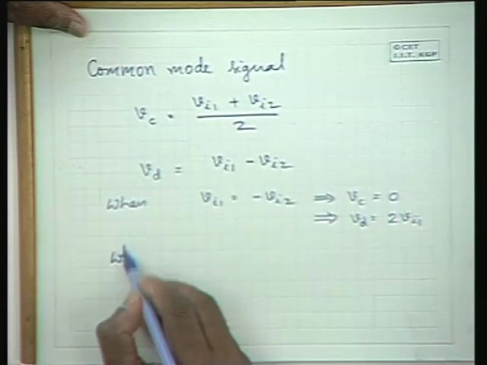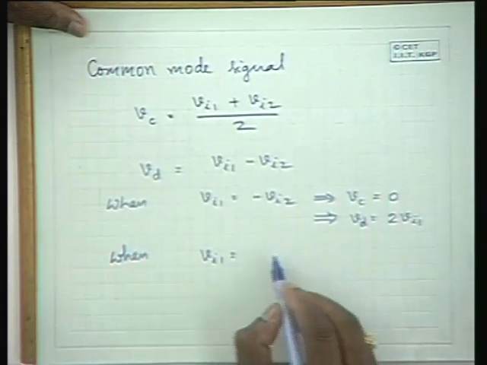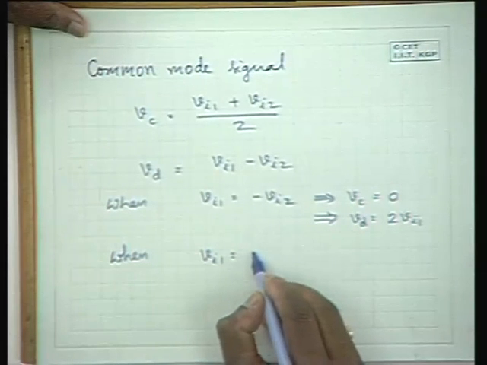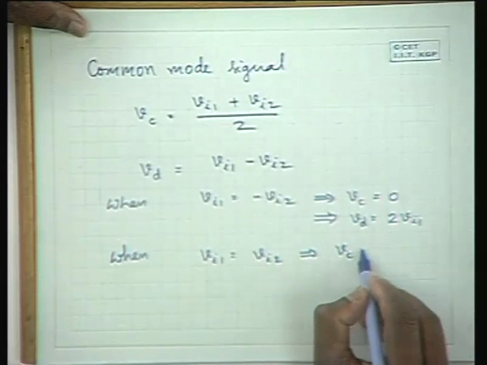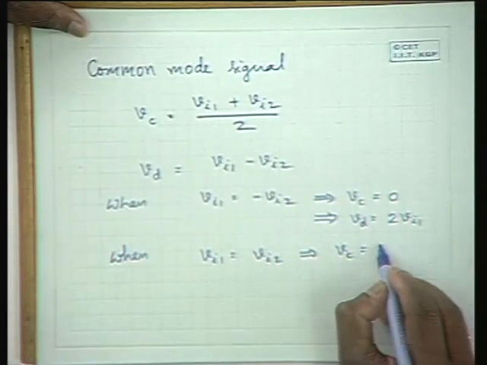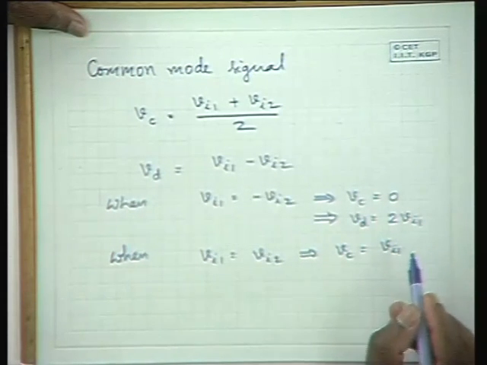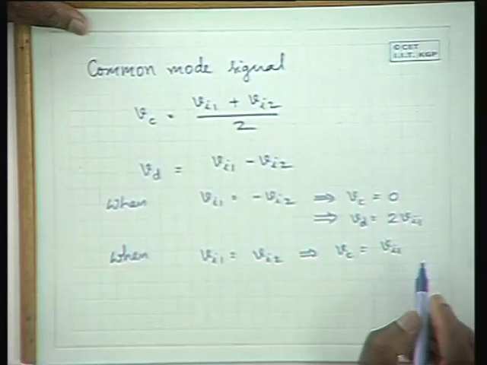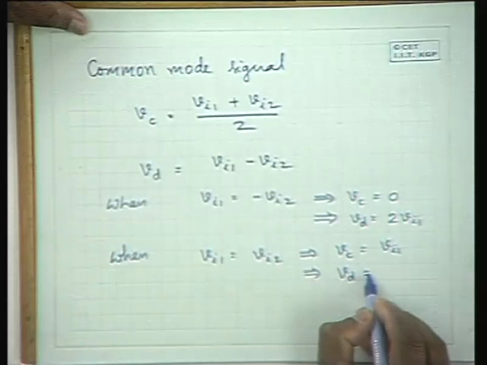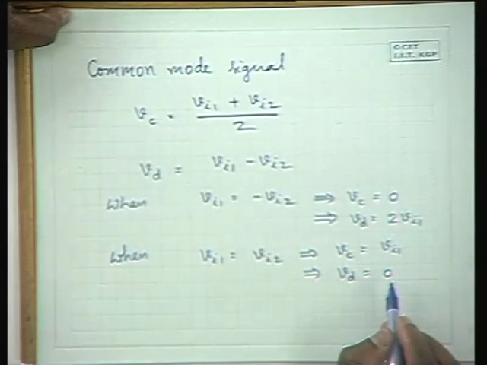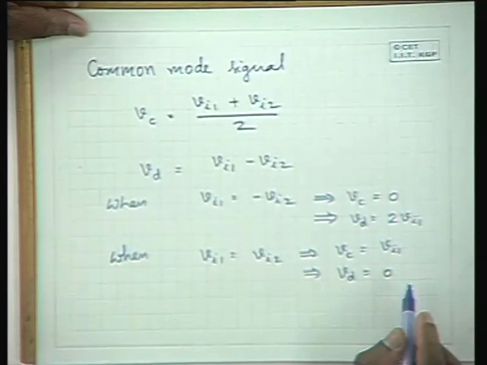Now, when Vi1 is equal to Vi2, you have the common mode signal equal to Vi1 itself, which is equal to Vi2 itself, and the differential signal is 0. So, one can apply a common mode signal or a differential signal to a difference amplifier,